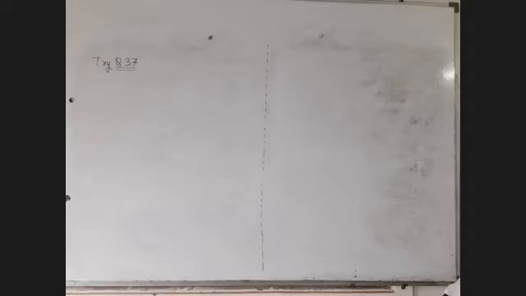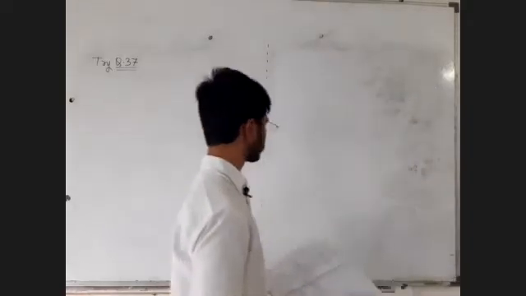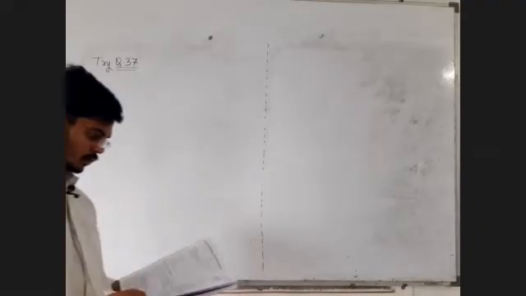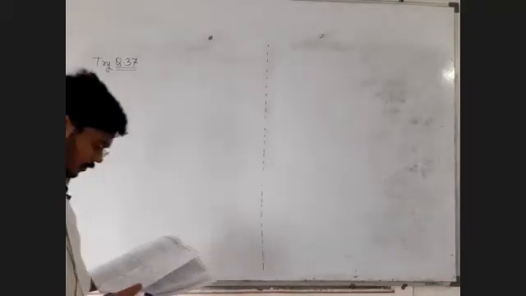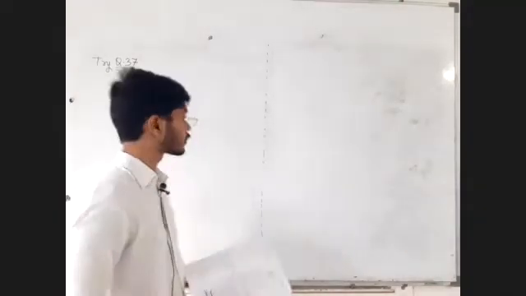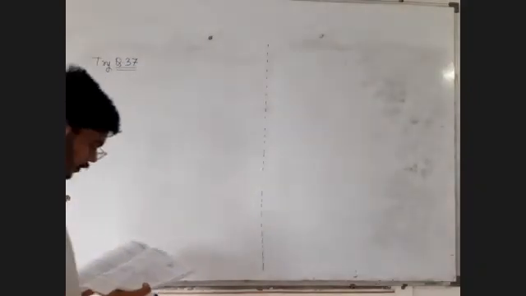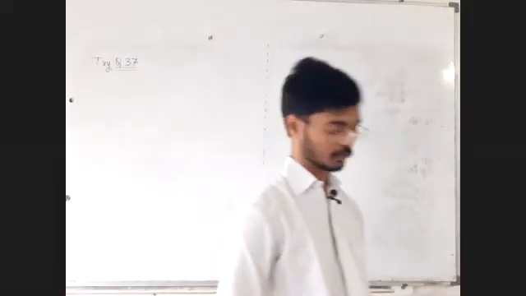We have found the force acting on a current carrying conductor placed in the magnetic field, that is equal to I L B sin theta, or I into bracket L bar cross B bar. Okay, that we have found out, right? I think we have solved question 36. Question 37 I asked you to solve, right? Let me read question number 37. You also try to solve along with me.